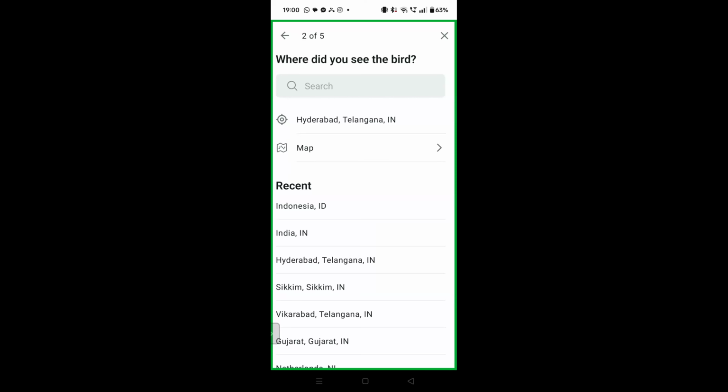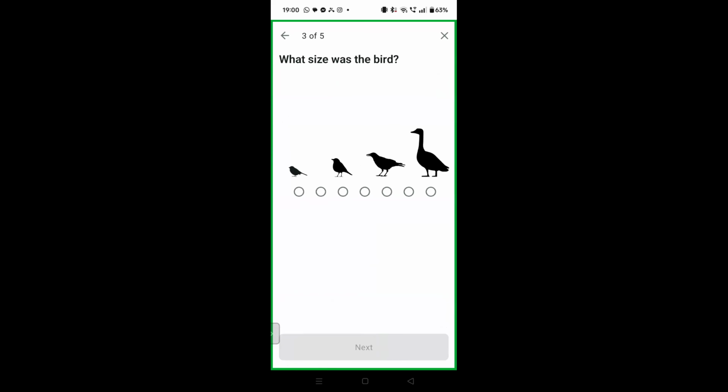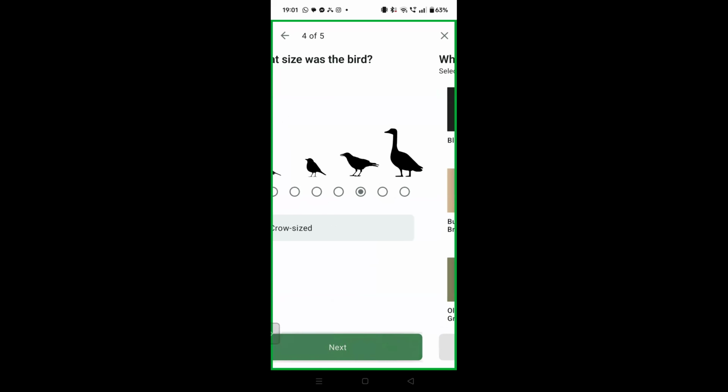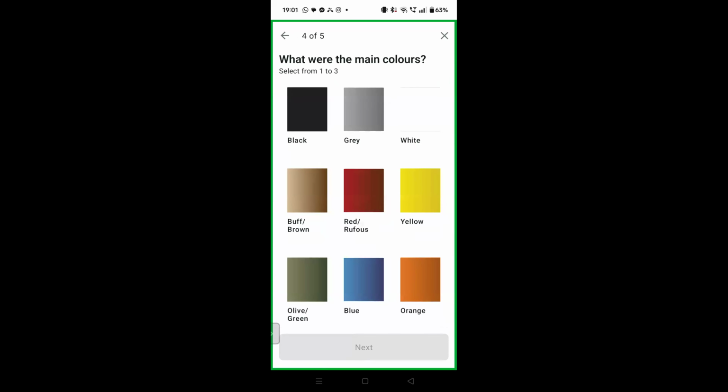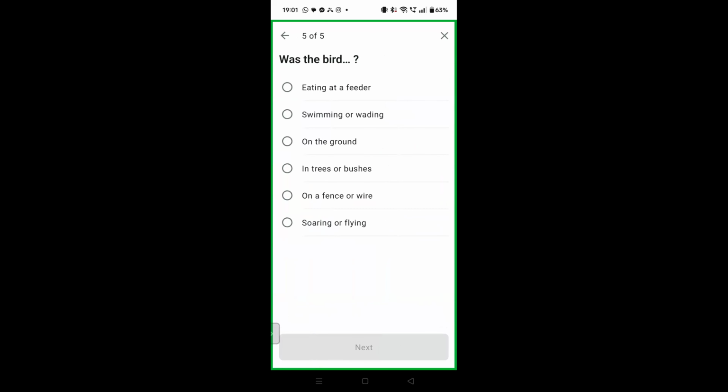Where did you see the bird? I'm talking about Hyderabad. When did you see it? This is today. And what is the size of the bird? Let me say a crow size bird. And what colors did you see? This all depends on how many details you observed in the field. So I'm just saying black, red, and some kind of gray. And what is the bird doing? This is the behavior of the bird. So I saw the bird in the bushes,